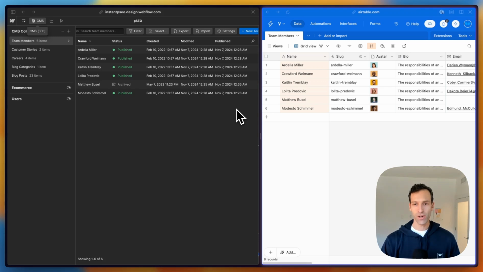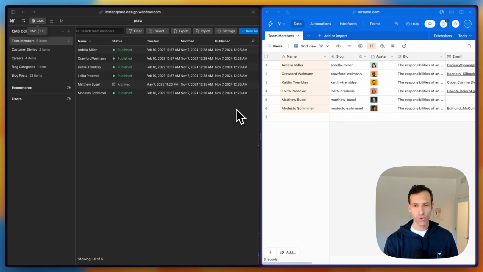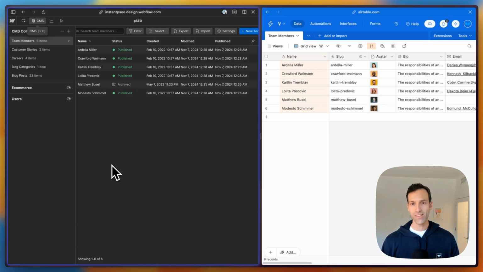Here's the easy way to integrate the Webflow CMS with Airtable, including true two-way sync. First, let me show you what this looks like in action, and then I'll go step by step about how you can set this up yourself. In this example, I've got a list of team members in my Webflow CMS, and it's already syncing with my